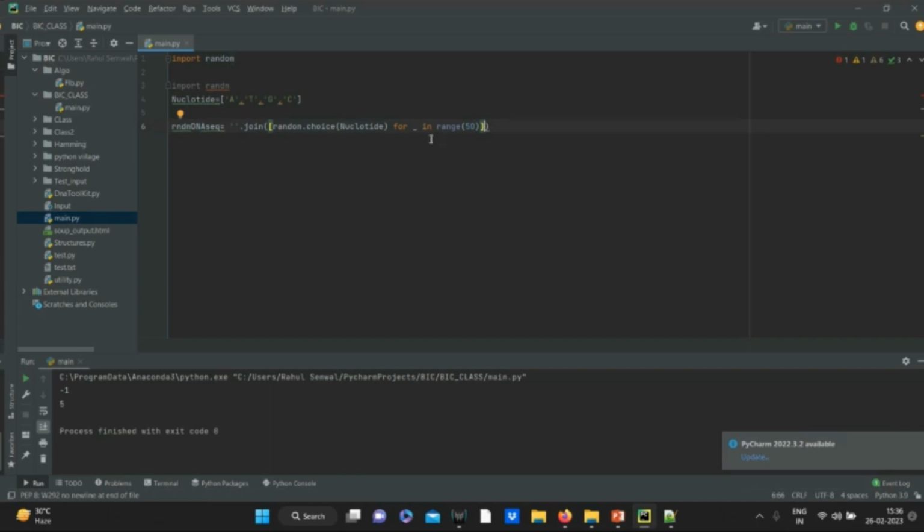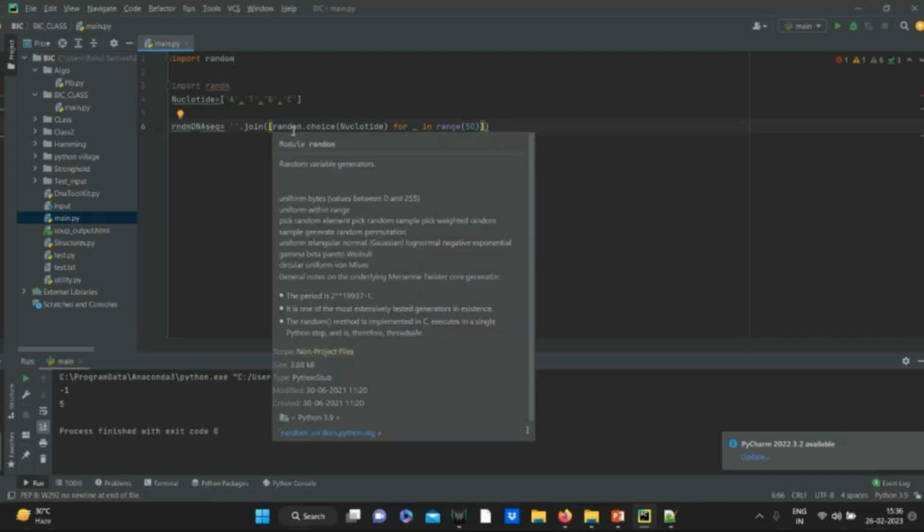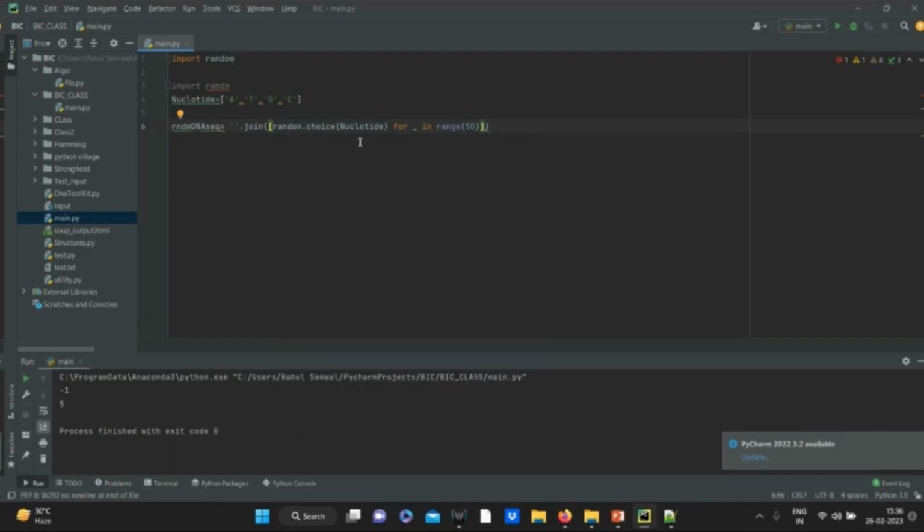So what I am doing, from 1 to 50 I am generating a number, and I am saying random, this is a module in Python. I am saying pick one nucleotide randomly from there and create a list. First it is creating a list of 50 nucleotides, and then joining those list elements. If you want to see its output, suppose I am just removing that join functionality over there,